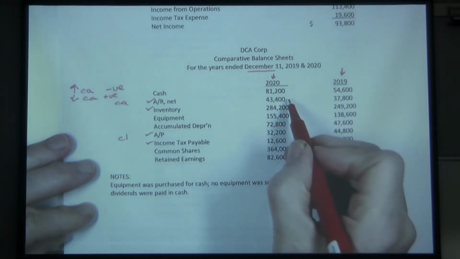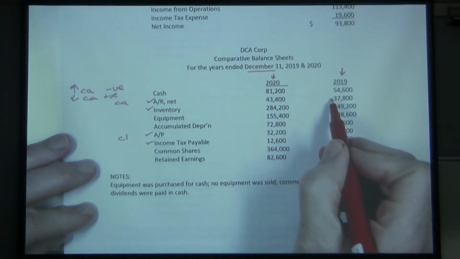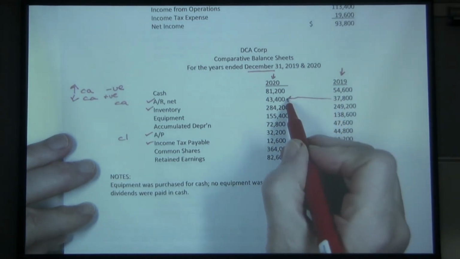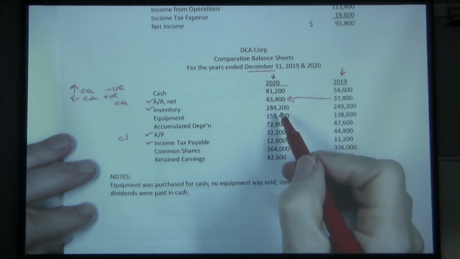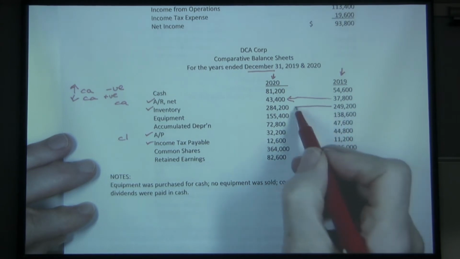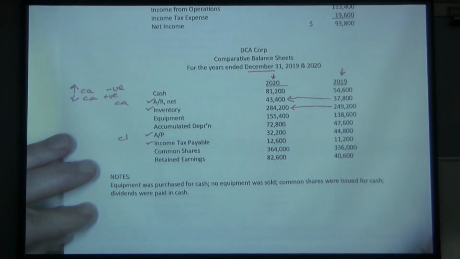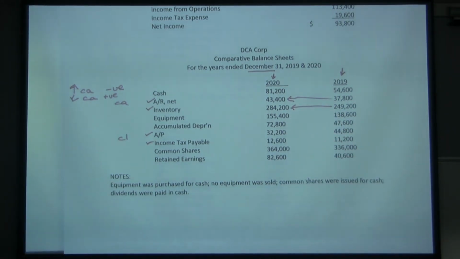Okay, so what do we have here? Accounts receivable has gone up. That will be a negative cash flow. Inventory has also gone up. That'll be another negative cash flow. So what I'll record on